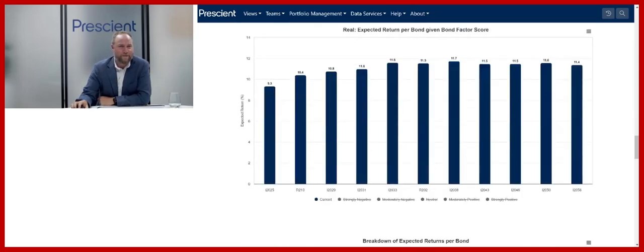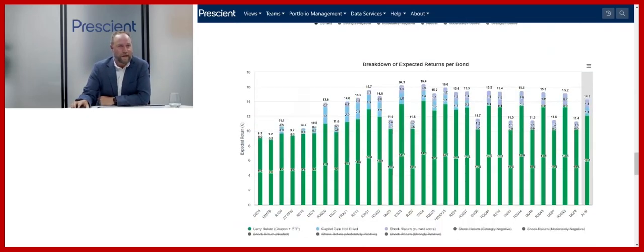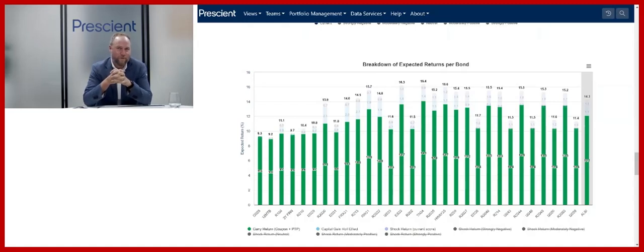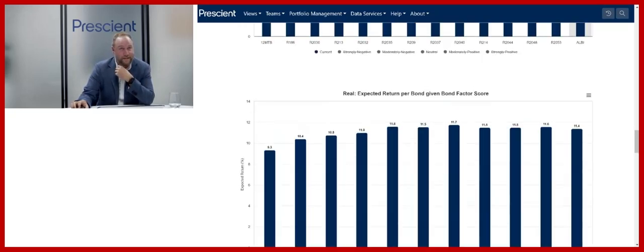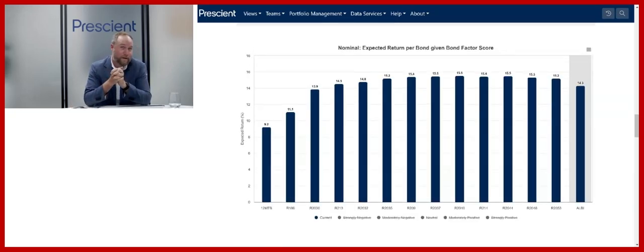But if we break it down and we actually go and see what that is made up of, you can see the vast majority, these green bars, is made up from the carry or that coupon or income that Phil showed us at the start. So high yields are still very attractive. The roll effect, the steepness of the yield curve, and some bullishness that yields could come down, all really going into the pot, gives us a very good sense that bonds, certainly for the next 12 months, are going to give you equity-like returns, if not better.